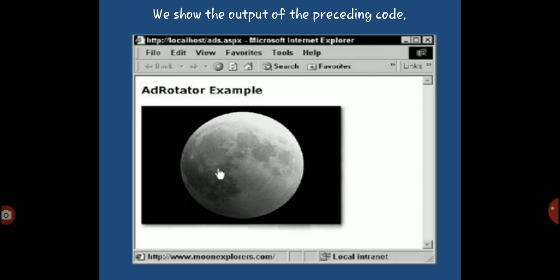Using ad rotator we can create a number of advertisements. We saw how it is rendered using an XML file, what the content of advertisements is, and what ad is about. Different types of advertisements can be given in ad. We also saw the code behind of the ad rotator control.